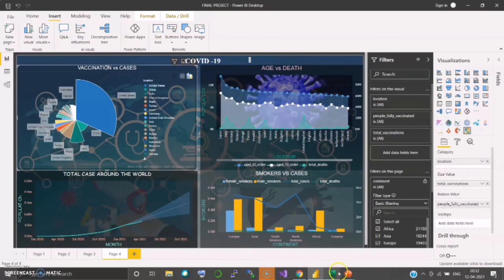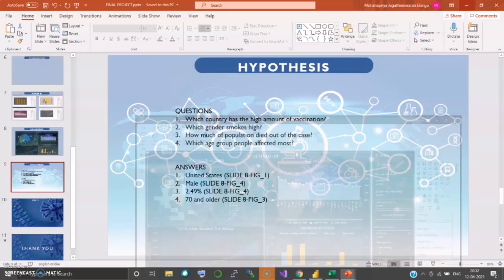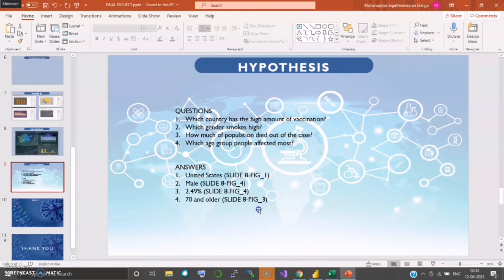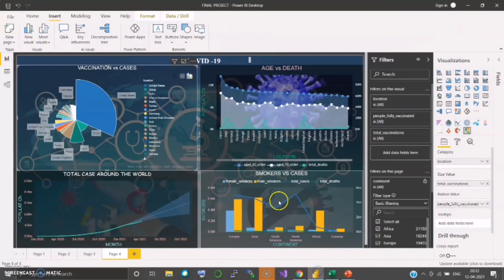The second question is, which gender smokes more? Let's come to figure 4. We can see that female smokers are blue and male smokers are yellow. So we can find that male smokers are the highest smoking people.